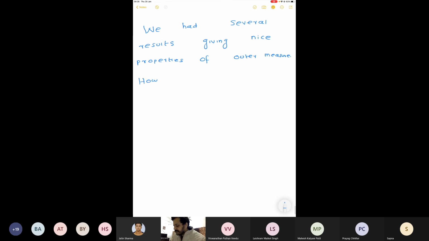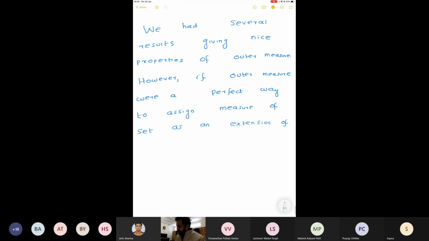However, if outer measure were a perfect way to assign measure to a set as an extension of length,